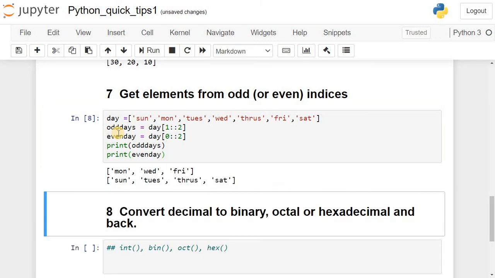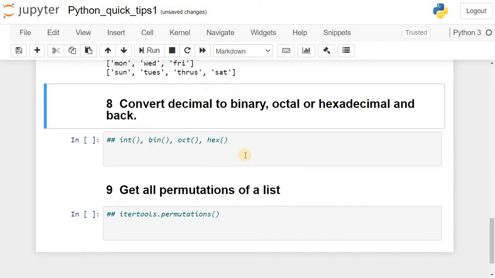If we check the output, we started from index position 1, Monday, Wednesday and Friday were printed. We started from index position 0, Sunday, Tuesday, Thursday and Saturday were printed.